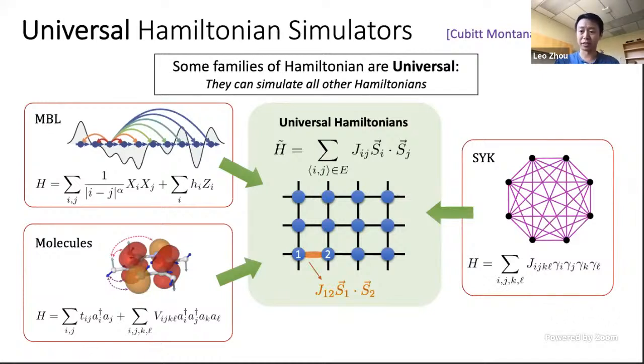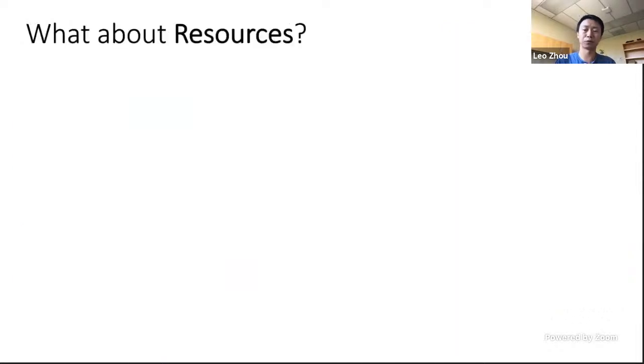Now, this is nice because experimentalists often only have limited access to certain types of interactions and geometry in an actual quantum device. So if you can implement these universal systems in the experiment, you can in principle simulate anything you want. Well, this result is very nice, but in reality, we also care about the actual resources required